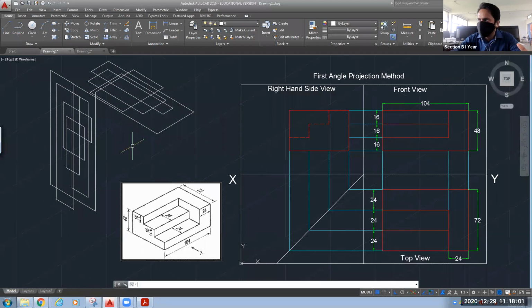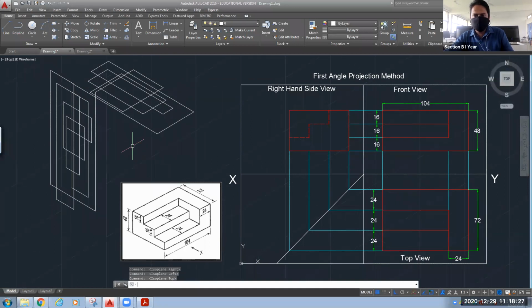its shape. See, F5. With F5, you can switch with different planes. Suppose you are working in X, Y, and Z coordinate. You can see on my fingers, X, Y, and Z. So we have three planes, XY plane, YZ plane, and XZ plane. So to switch on different planes, you need to press the F5 key.